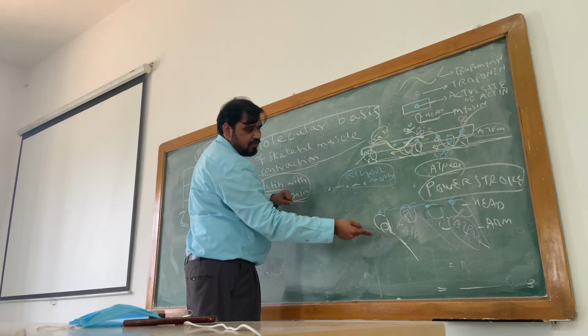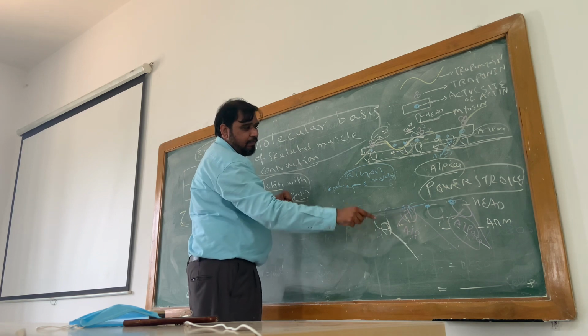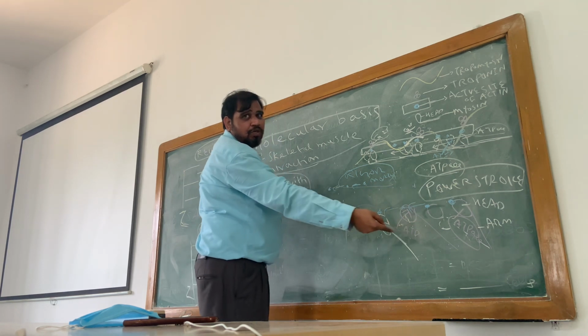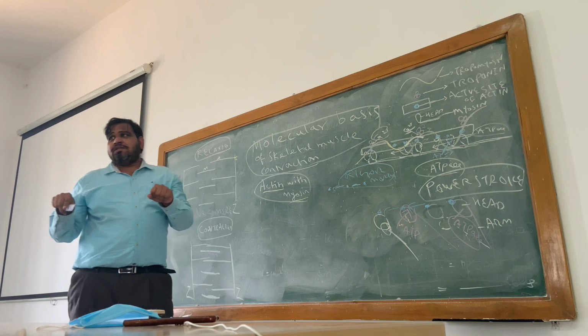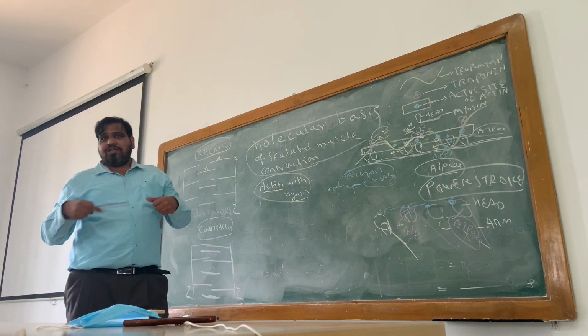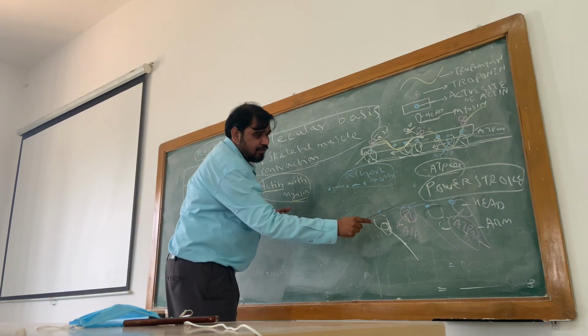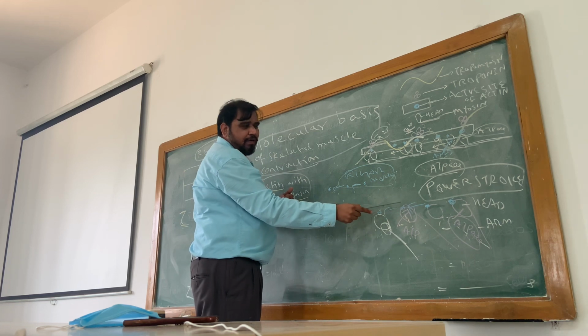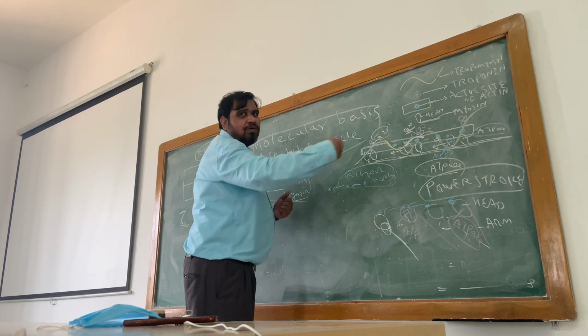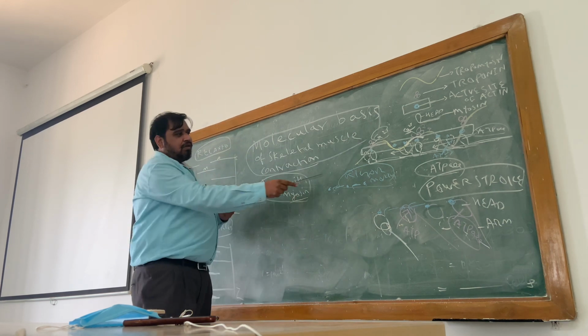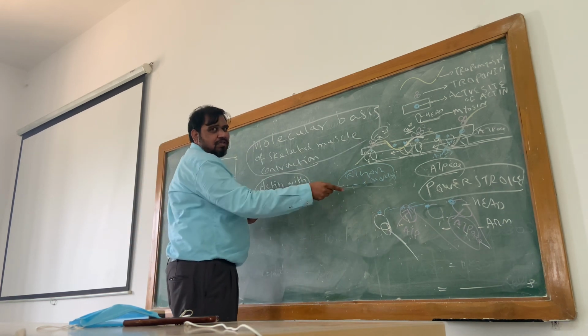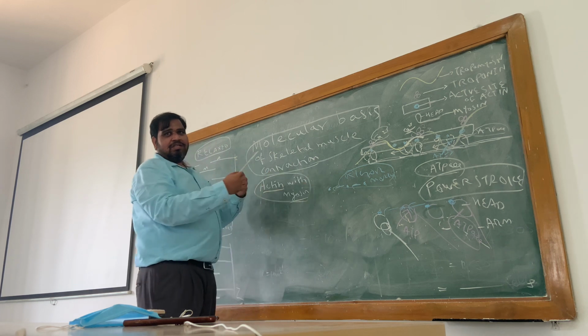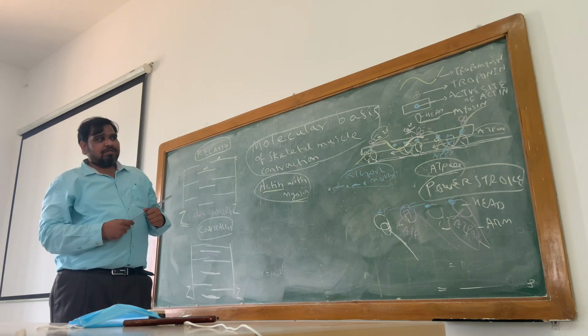As I mentioned, this is a very important point. It needs ATP for the myosinate to come back to its original position. But after death, there will be no production of ATP. So when there is no production of ATP, the myosinate is not going to come back to its original position. So what happens to the active site? It will remain there as such. So no relaxation occurs. That is the reason for rigor mortis. Mortis is death. Rigor is rigidity. The muscle is still in a contracted state.